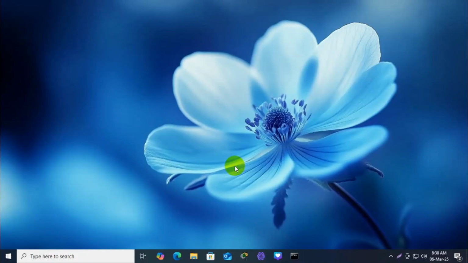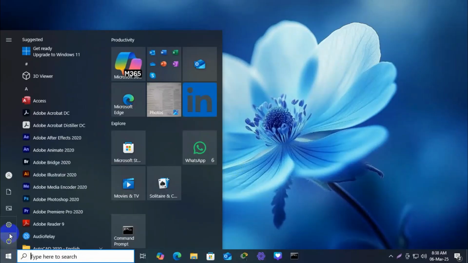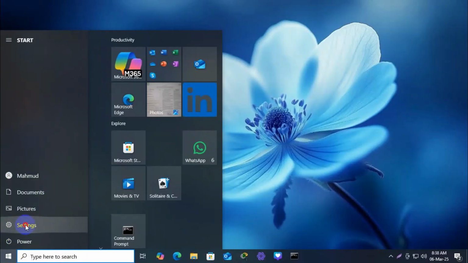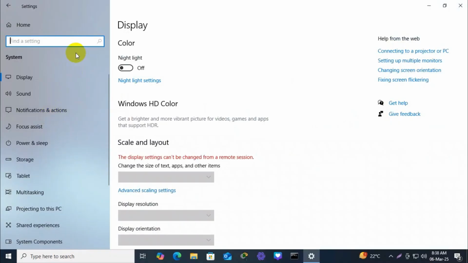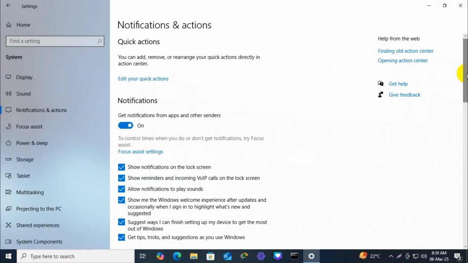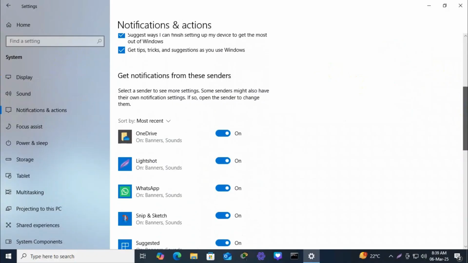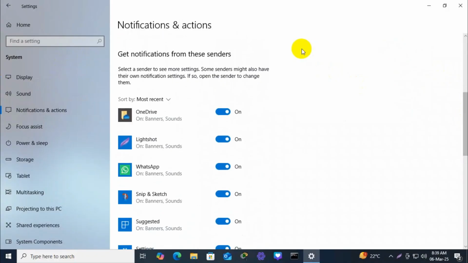To turn off OneDrive notifications on Windows 10 computer, go to Start menu, click on Settings, then click on System. In the left pane, click on Notifications and Actions. Now scroll down. Here under Get Notifications from the Senders, you will find OneDrive. Click on OneDrive